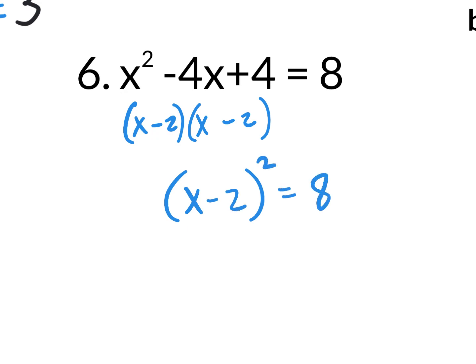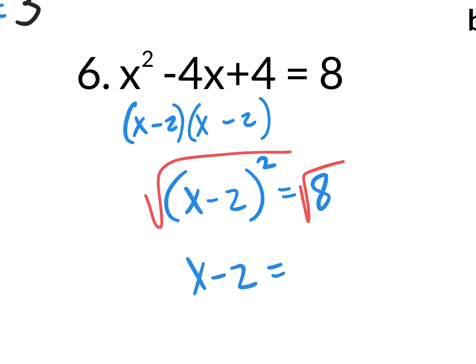Okay? Now, what does that mean? That means that I now have just the x in parentheses with the square on the outside of the parentheses. There is no more 4x involved or 8x or any other type of x. So I could get rid of that square by applying a square root to both sides of this equation, and I will have x minus 2 equaling, let's not forget that you need to put a plus or minus,